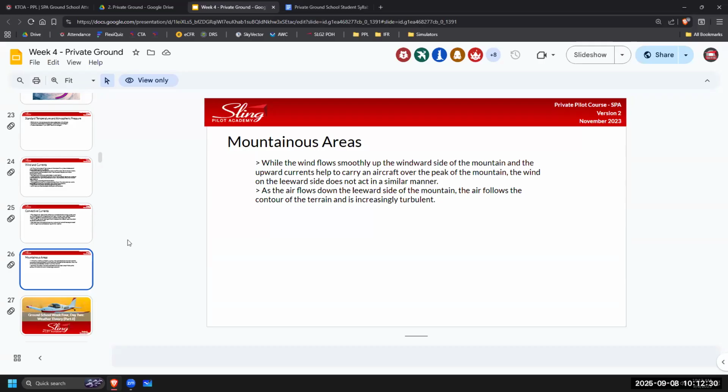Weather stuff, and I want to just keep going on the weather to get through it today so we can do the most with this week, practicing how to read charts and reports and stuff. So let's take a break. Come back at 10:20. If you need water or the bathroom or whatever, and we'll keep going and then figure out if you have any questions about what we've already talked about. Okay? 10:20.